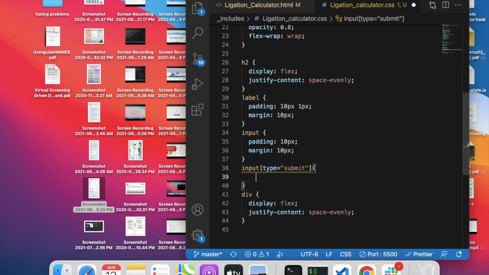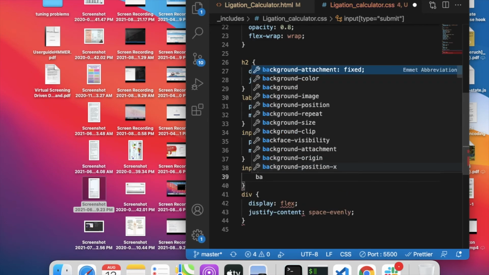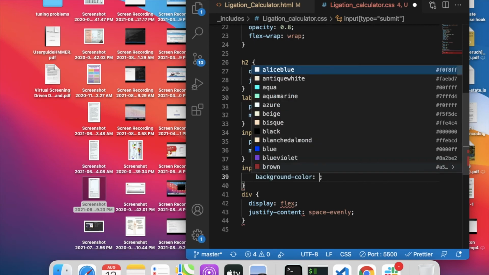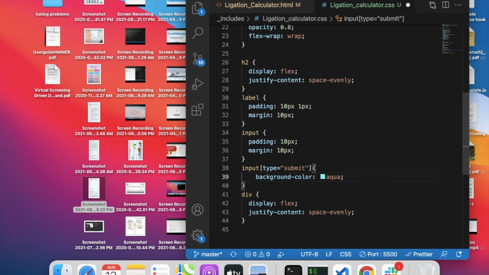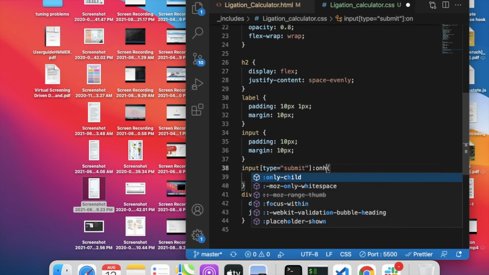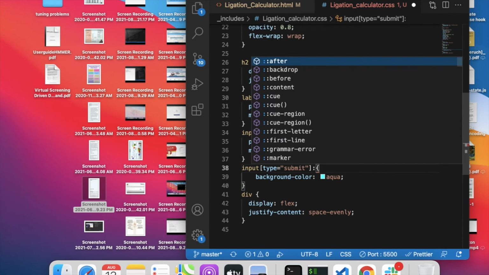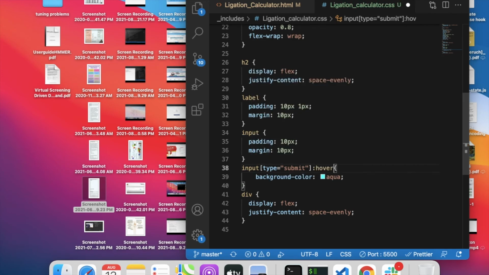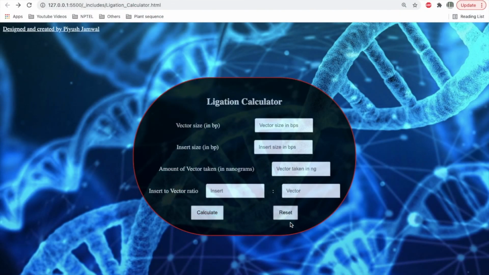So we'll first add the background color aqua. Then we will use colon hover to capture the event of hover. Now the moment we hover over the submit button, its background will change to aqua blue. See, only submit